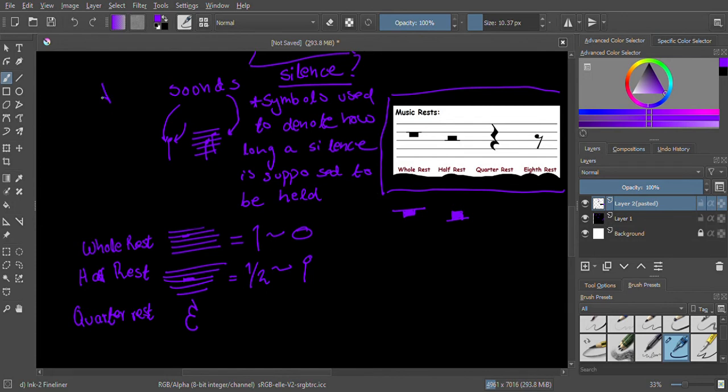Draw a straight line down, one curve, another curve, which is slightly bigger. It kind of looks like a tree, like this, but with a thing jutting out that way. I mean, you can make your own interpretation of what it is, but that's the ideal look for it. That's what it's supposed to look like, just to give you some reference. And its rest value is 1/4, analogous to that of a quarter note. And